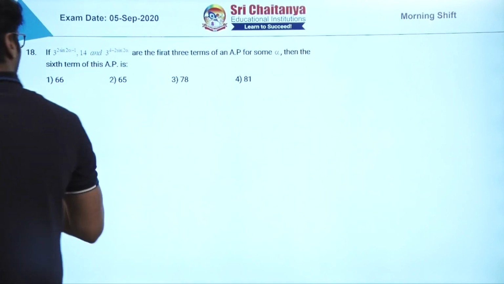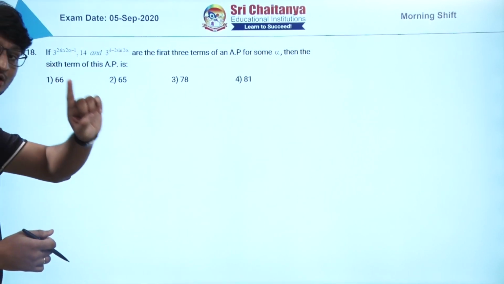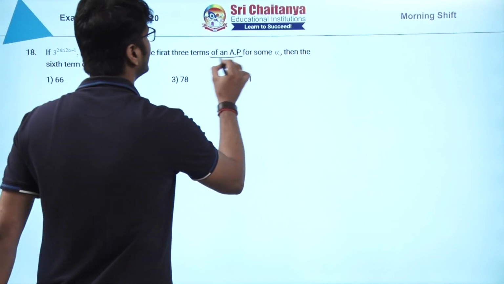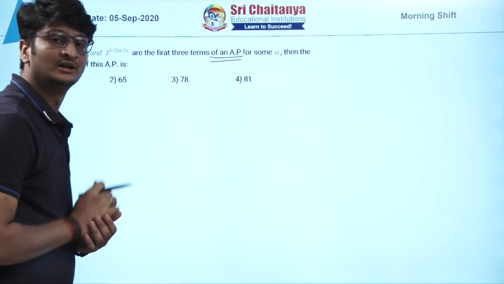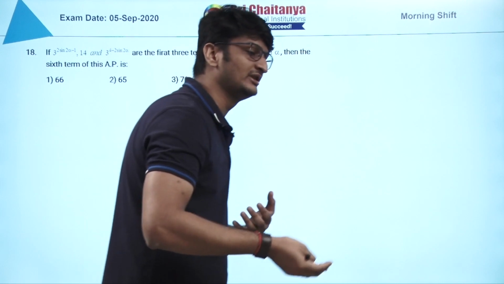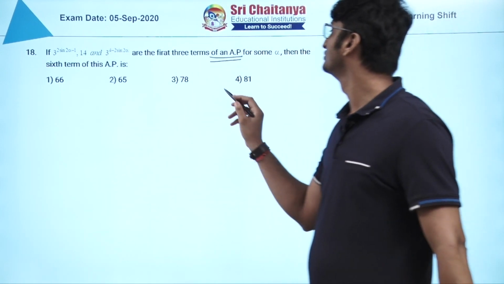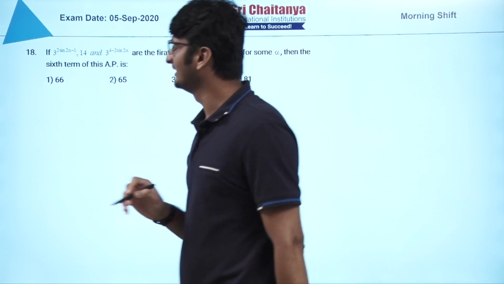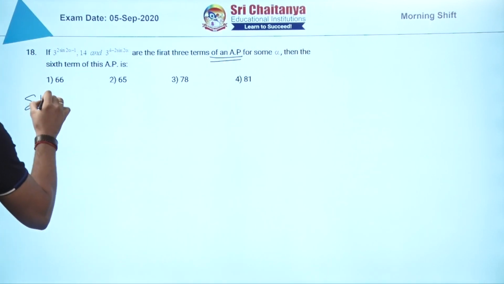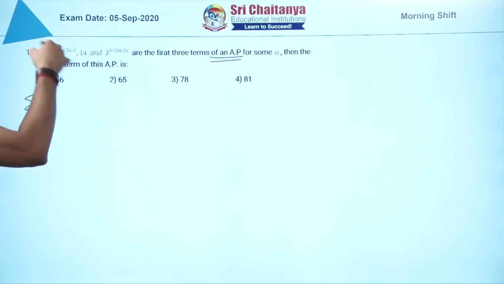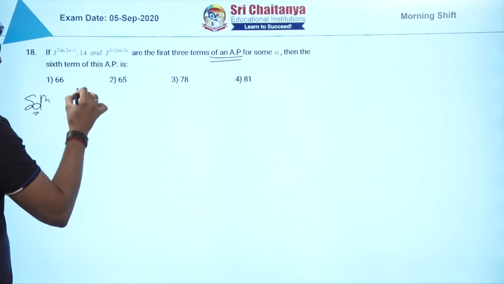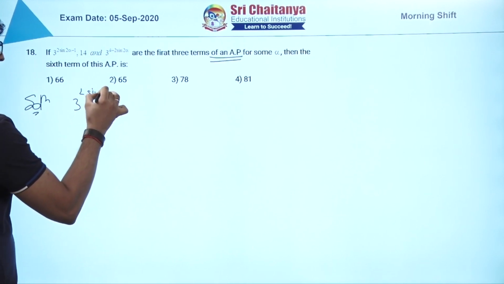Question number 18, again AP, mark down this point please. How much weightage they have given in the algebra part, questions of AP, quadratic equations, many questions are from there. Mark down the points, you should mark these points, AP. So again you see, this term is involved everywhere now. Let us consider 3 to the power 2 sine of 2 alpha.